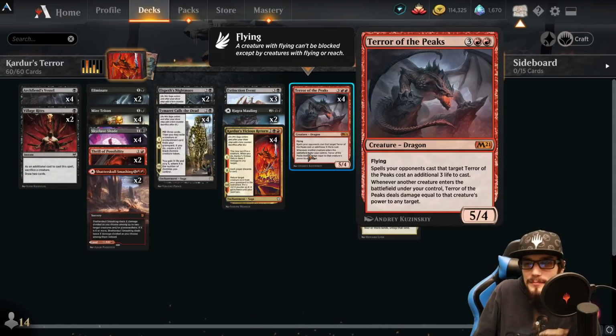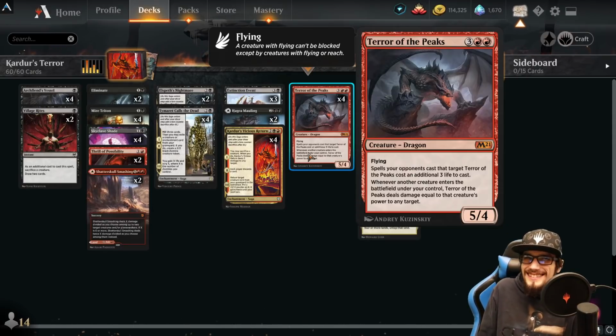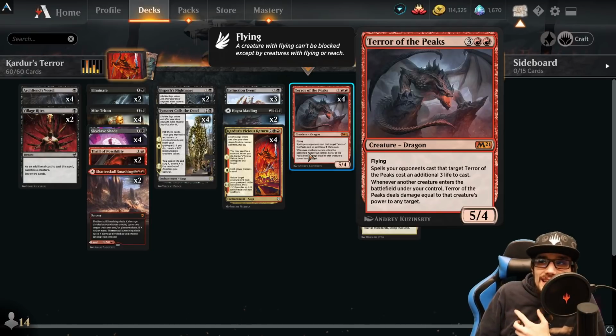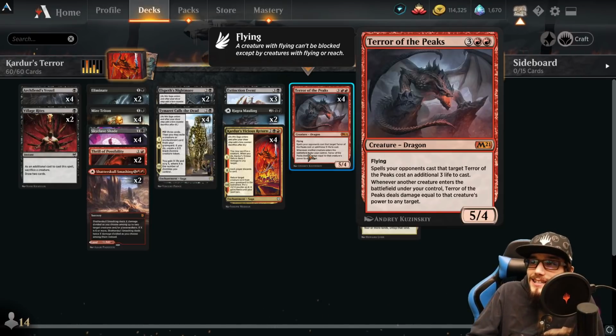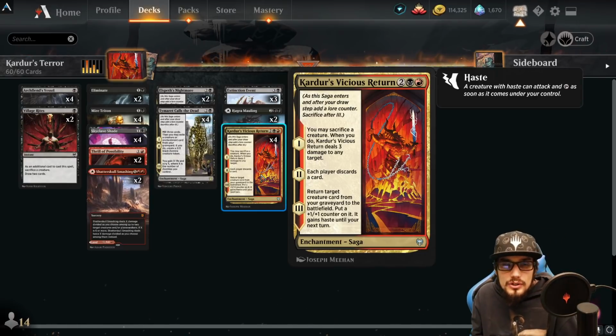Absolutely amazing. We could big brain this as well, potentially. Have Terror of the Peaks in play organically, boom, Vicious Return triggers. A Terror comes out on top of it as a 6/5, 6 damage to our opponent. And then we attack with a 5/4 and a 6/5 for 11 damage total, dealing 17 damage. And to wrap it up, when we played Vicious Return, we could have done 3 damage directly to our opponent